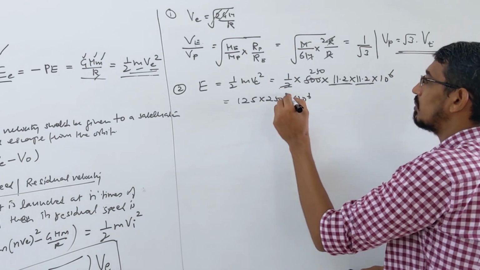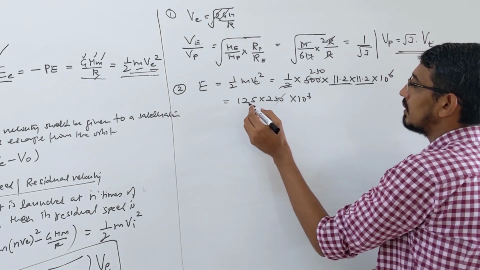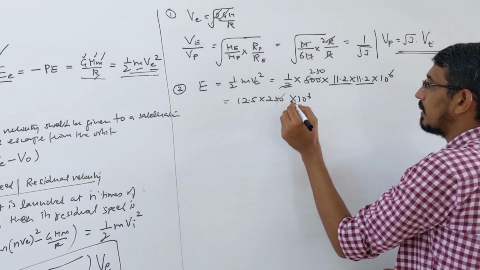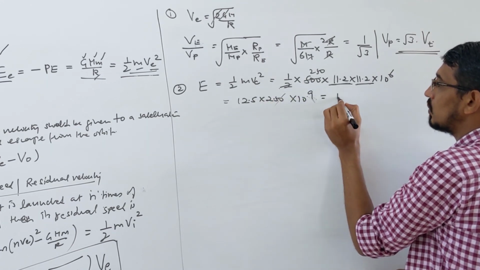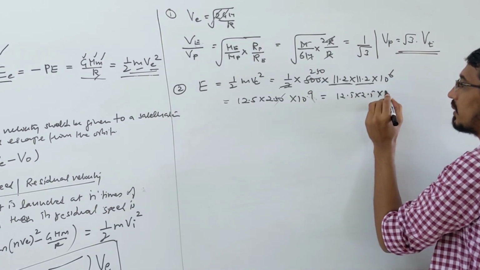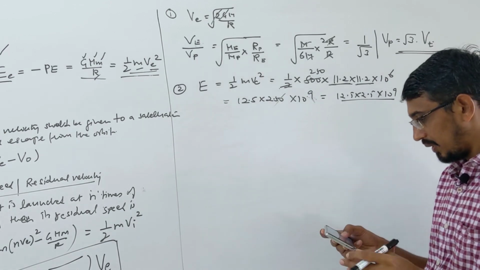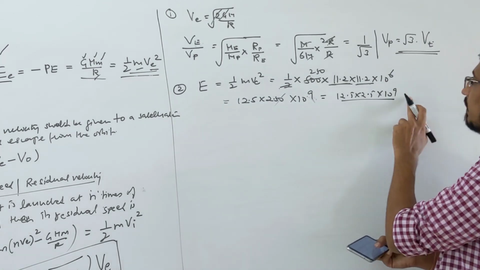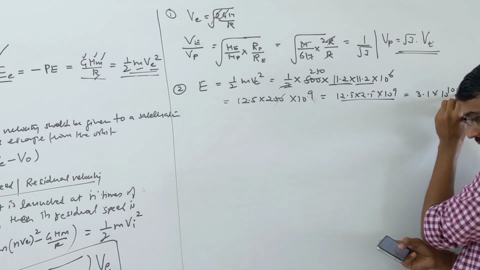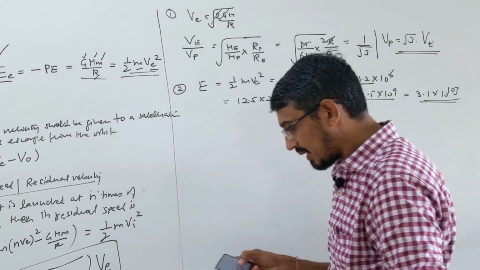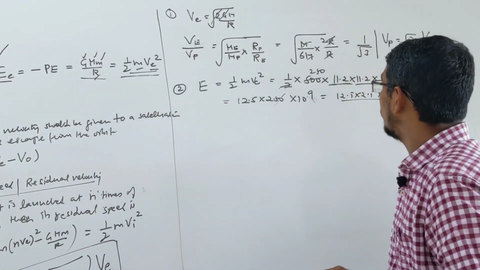So how are the answers given? In joule format. So one more 0 you can write from here, that becomes 7. You can put a decimal here, that becomes 8. Or if you put one more, it becomes 9. So 12.5 into 2.5 into 10 power 9. So 12.25 becomes around 30. So in the options, 10 power 10 will come. So this is the answer matching what? 3.1 into 10 power 10 joule. That's given in your third option, okay? Please calculate it correctly. If any mistake, tell me, okay?